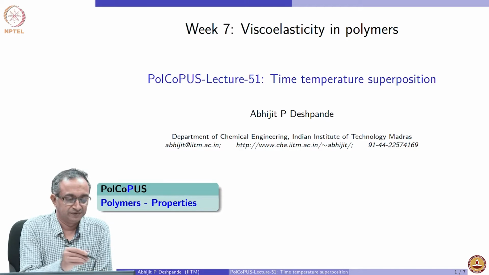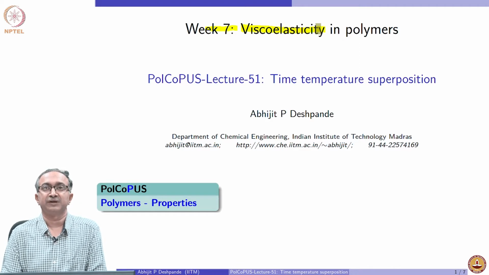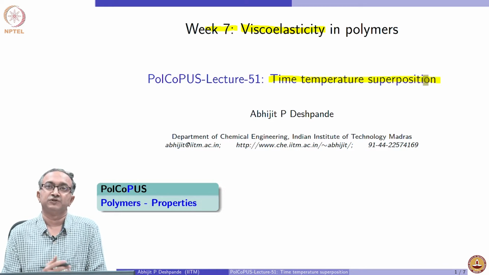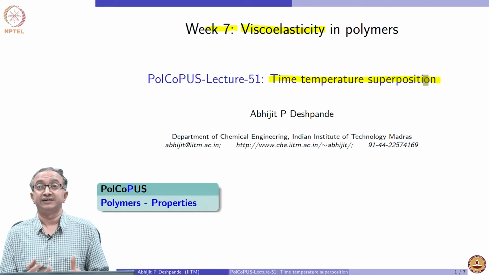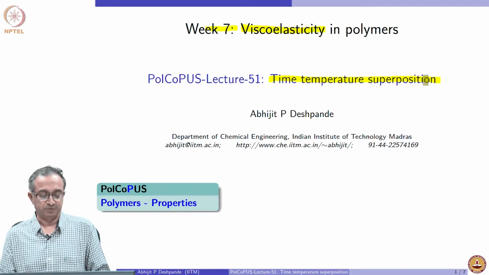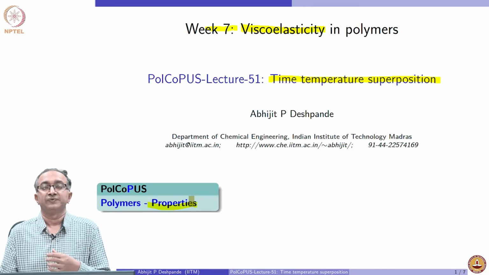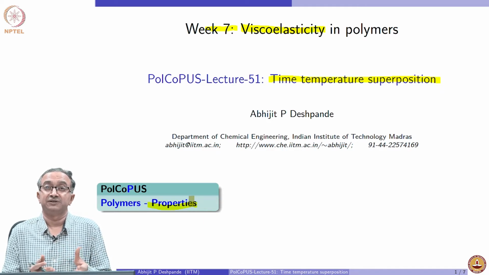Hello, we are in week 7 of this course, and we are continuing our discussions related to viscoelasticity. We will continue looking at the viscoelasticity and response of polymers through the equivalence of time and temperature, or frequency and temperature, through what is called time temperature superposition. And the focus will remain on properties, because using time temperature superposition we can get properties when they cannot be measured. So, for example, at extremely low times or very high strain rates, sometimes properties you cannot measure, then you can do superposition and then try to estimate.